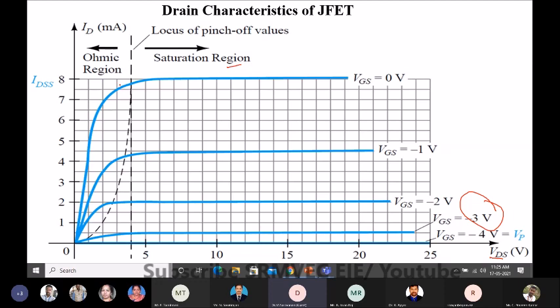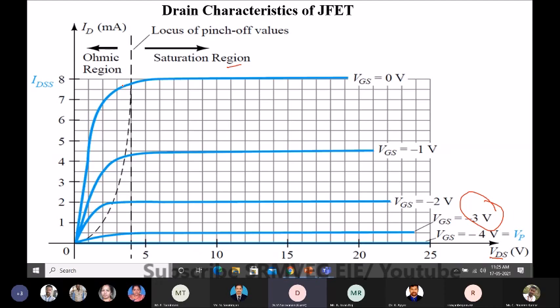Okay, so what is the ohmic region? Here a change in the input corresponds to a change in the output also. So according to Ohm's law, change in voltage gives change in current by a constant resistance. Okay, so this is about the output characteristic, or drain characteristic. We call it the drain characteristic.